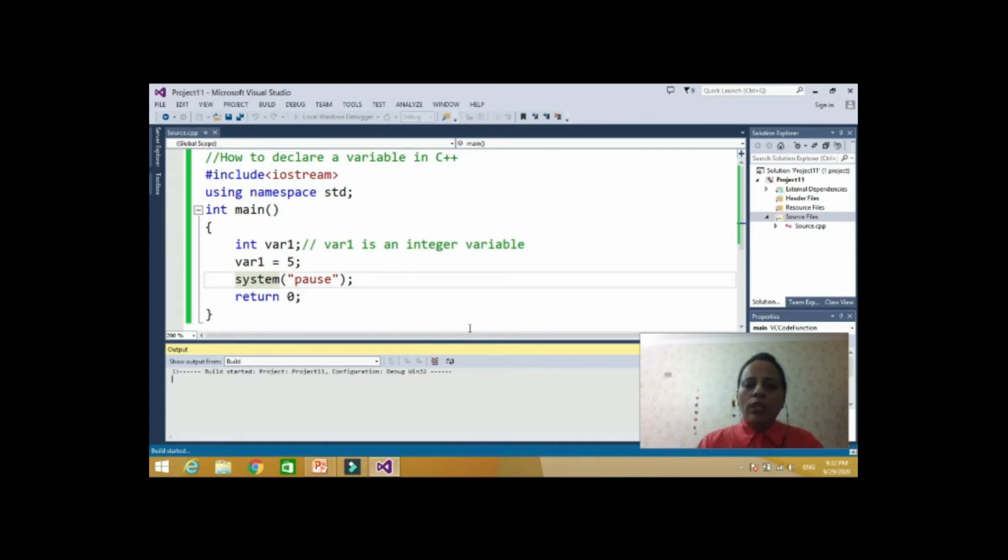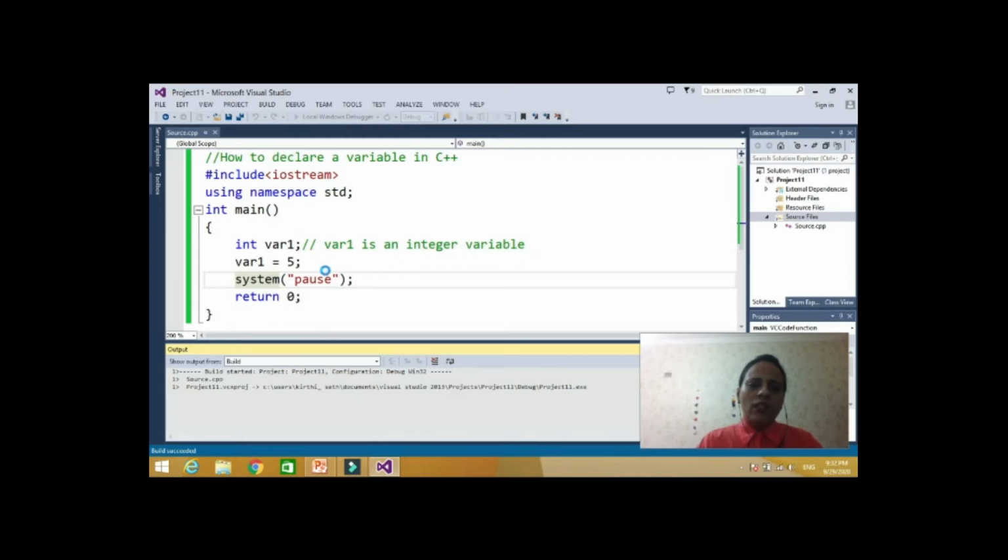Now you know what an output statement is. Output statement is cout. Whatever result you want on the output screen will be available only with the help of an output statement. Otherwise it will give you a blank screen. Because we don't have any cout statement here, this program is not going to display anything.